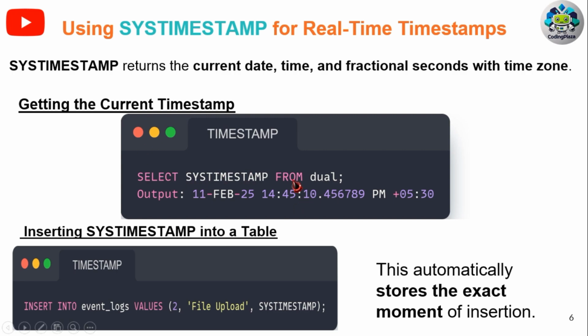By default, if I'm using system timestamp in the insert query, automatically that exact time will be inserted along with this format. So inserting the system timestamp into the table like this, you can insert it for file upload and events. If you give the system timestamp, it will automatically store it. Please keep this in mind and practice. I am not giving this as an insert value. Please practice and learn how it is inserting, and if possible, comment whether the result you got is accurate